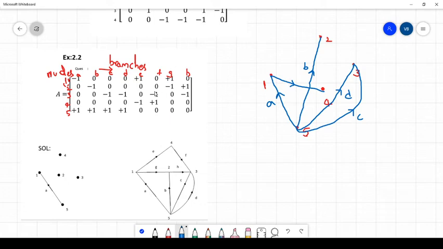Okay. So next F, which is having 3 and 4. So 3 and 4 we can join. So 3 and 4 I am joining, which is -1, nothing but which is having the direction towards that particular node. Okay. So this is E and this is F.